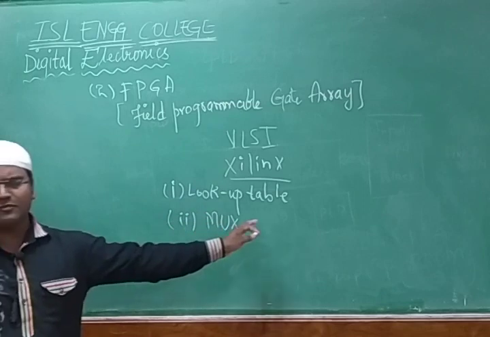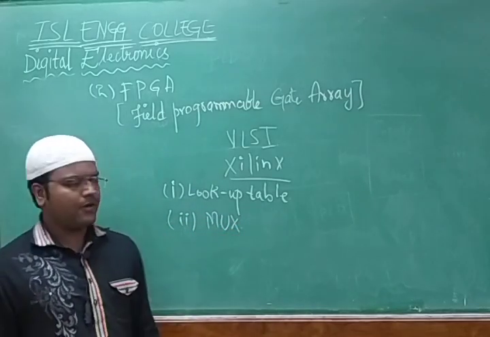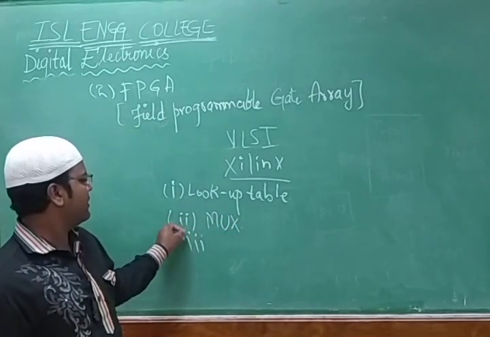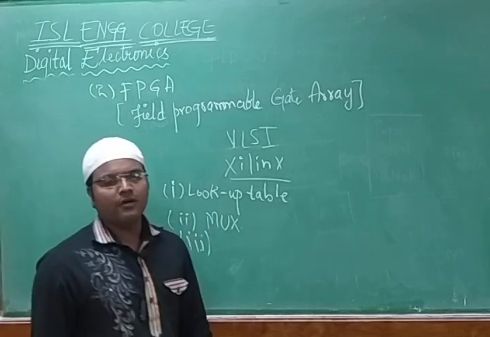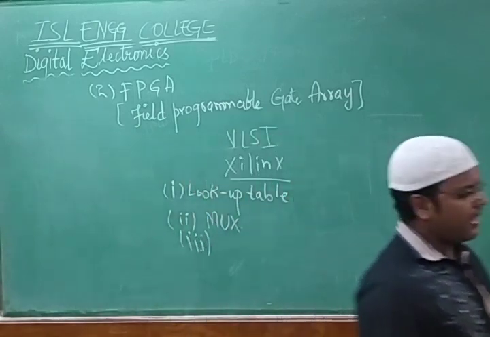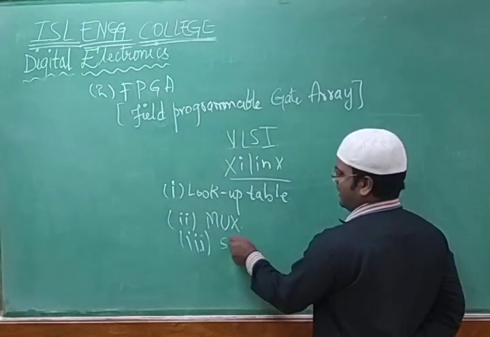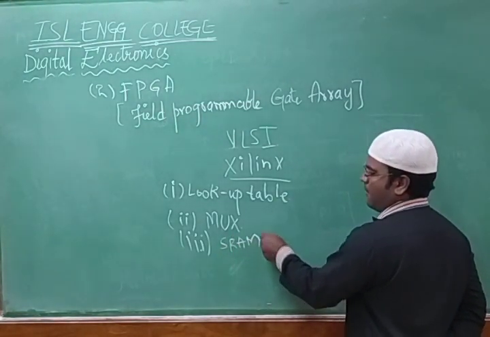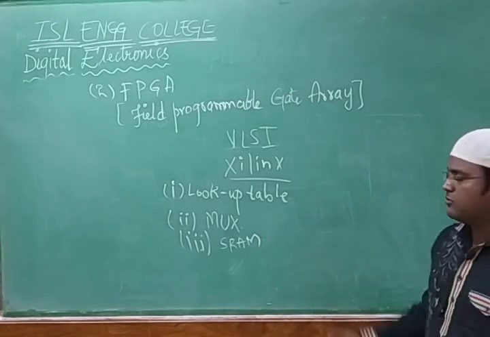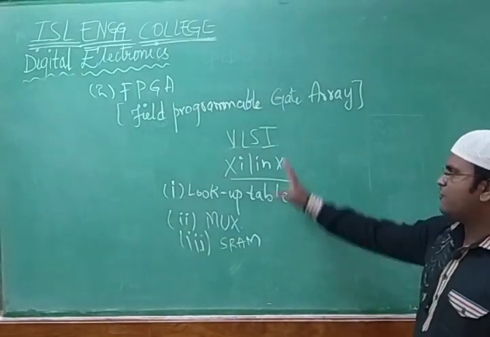Multiplexer, all the concepts of combinational circuitry. Third thing, it is going to be used for designing any kind of circuitry by taking the SRAM, that is we will be having RAM over here. So by considering static RAM,